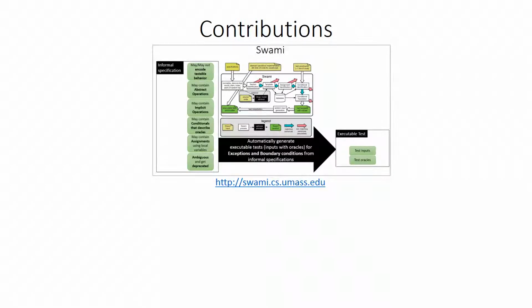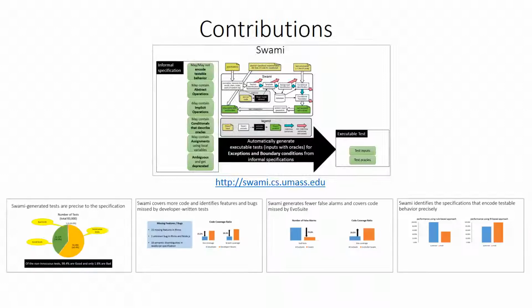To conclude, I described to you Swami, a test generation tool to automatically derive tests with oracles from specifications, and its evaluation on the JavaScript specification using Mozilla Rhino and Node.js. The implementation of Swami is available for free to download and reuse at our website